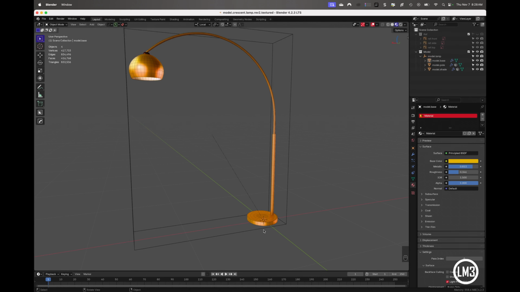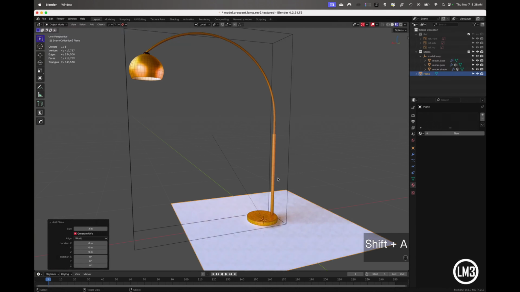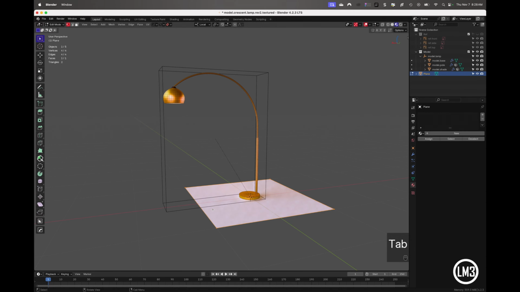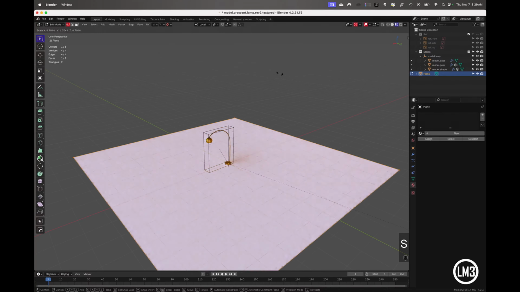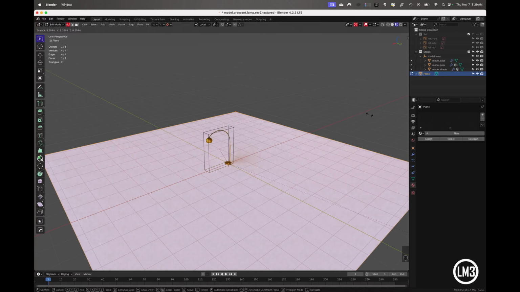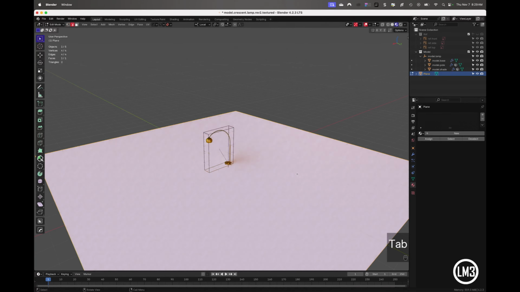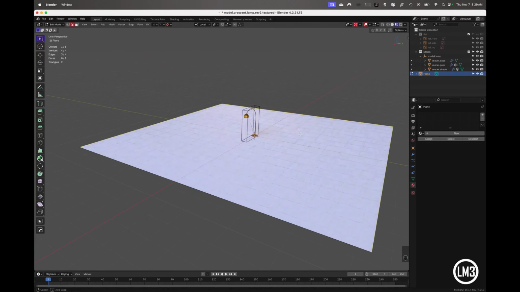I want to create a ground plane, so I'm going to hit Shift A, Mesh, Plane. I'm going to go to Edit Vertex mode because I don't want to have to change the scale later. I'm going to zoom out a little bit. I'm going to hit S for scale, scale it way up. I don't need it too big because when we render it, I don't want it massive, but I want it big enough so light can bounce in here and then it can get some soft light. I'm going to go to Edge Select mode. I'm going to select these two edges, and I'm going to hold down Shift, select this edge,